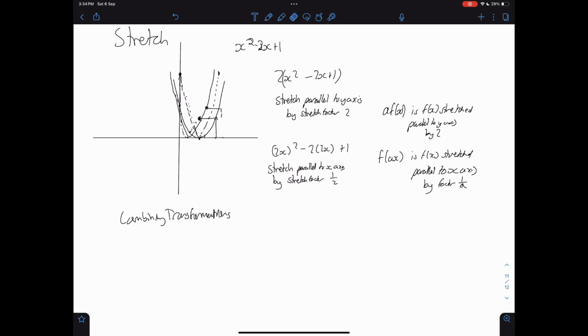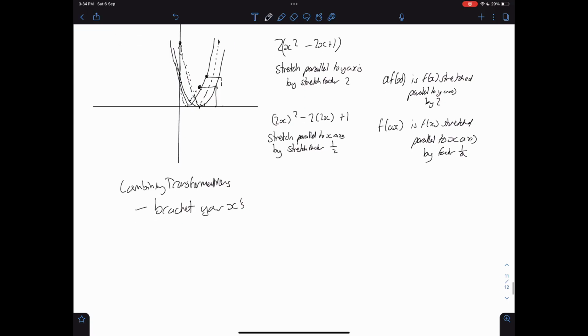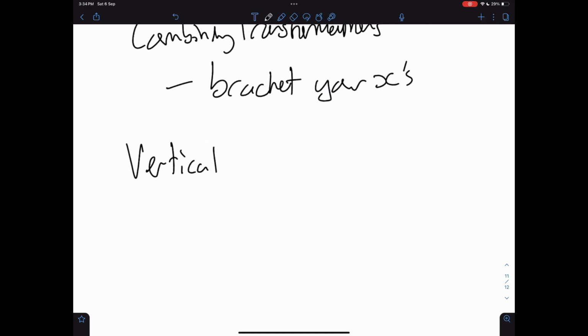And here it's really just something you need to be mindful of, and especially when you're doing your horizontal transformations, bracket your x's. That will save you most of the trouble. But I can give you some advice on how I approach it. Vertical,